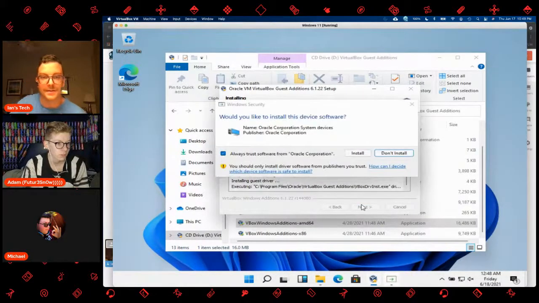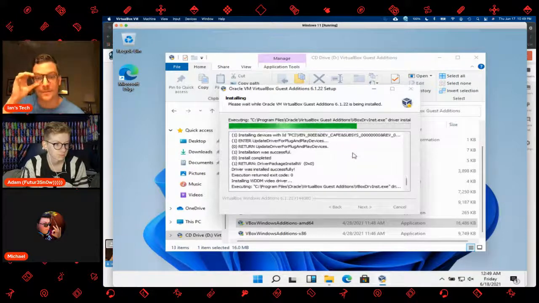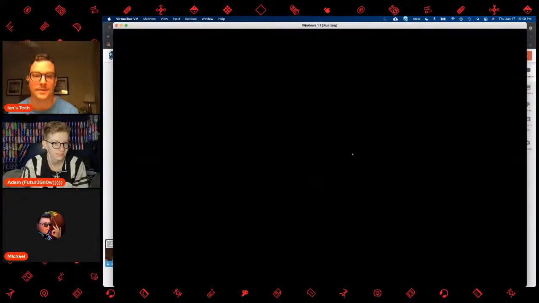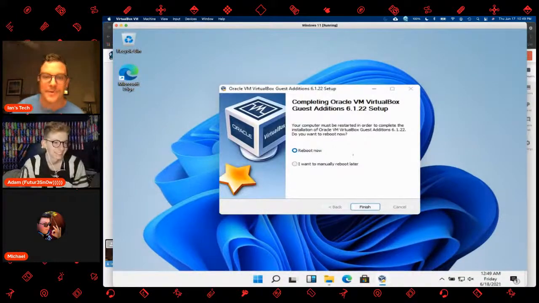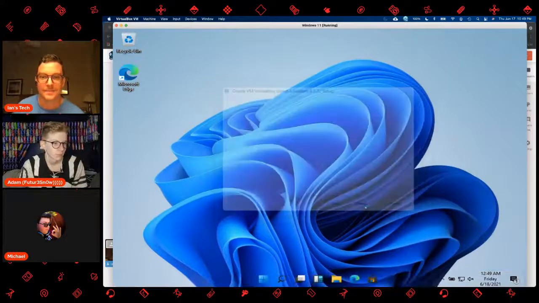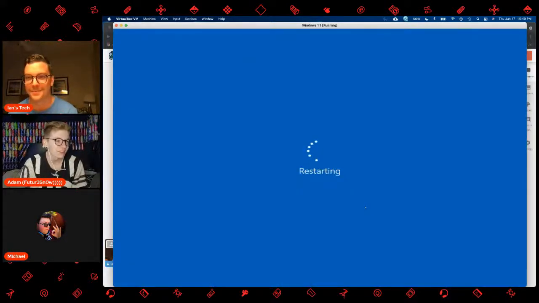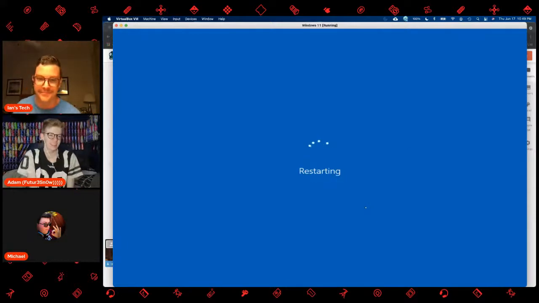All right, let's see. The screen's gonna flash a whole bunch. Oh my God, install. There we go. The screen might flash a whole bunch. Yep, there it goes. Oh, there you go. Oh my God, look how tiny the cursor is. Oh, reboot now. All right, go ahead and reboot now. Wow, the cursor is tiny now. Oh my God, that's so funny. The cursor is tiny, but the screen is